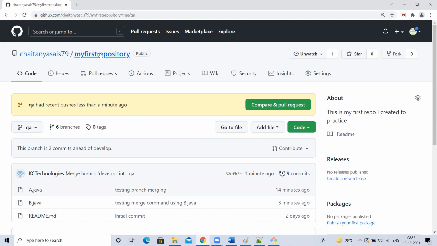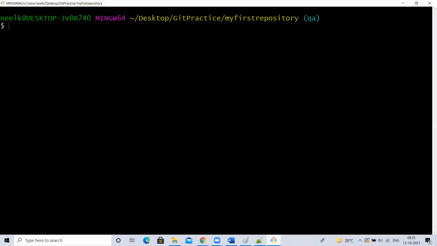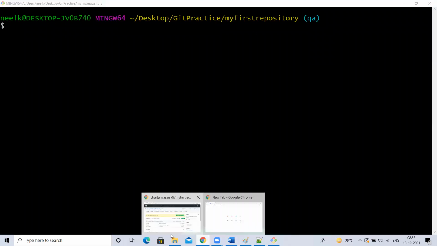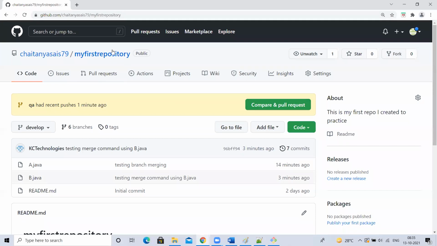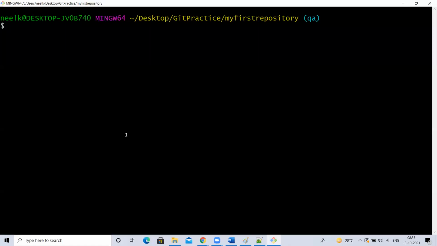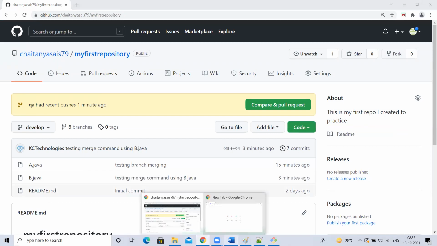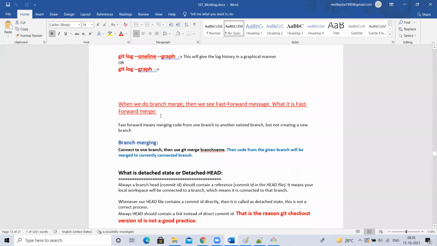Understood, guys? So what is the command we use to merge the changes from one branch to another? Git merge. Git merge is the command, or else we can use a new pull request. If you want to do it through commands, we can do git merge, or if you want to do it through GitHub, then you can use the pull request option. Okay, this is an interview question. They'll ask how to merge, how to move the changes from one branch to another branch, right? This is merge. Git merge or a new pull request, anything we can use. Okay, fine. Next.